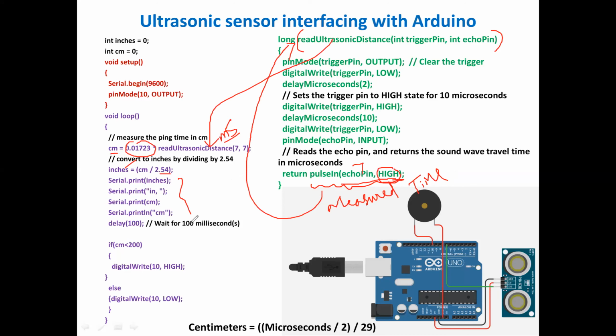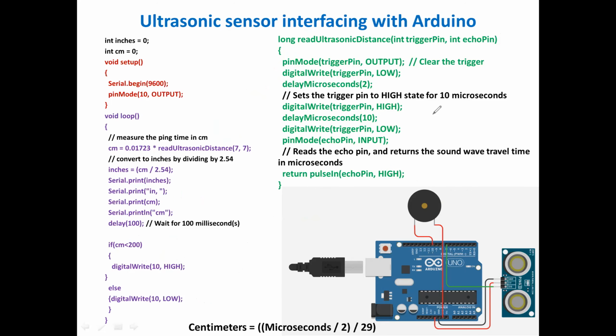If you want to put all this data in the serial monitor, you can use Serial. And I can have a condition as per the application, that is, if centimeter is less than 200, you can digital write high to the particular 10th pin. The 10th pin I have connected to the buzzer, and else you put it low. That's it. So that's it. You can have the same algorithm.